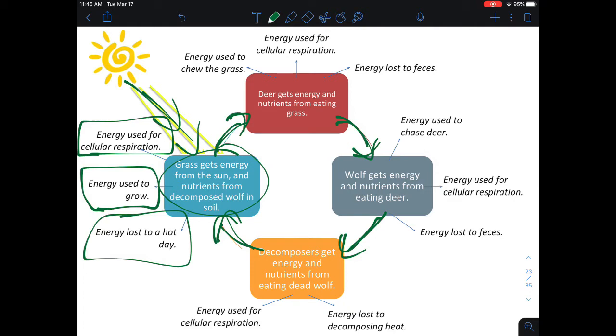If we look at the deer, that deer needs energy to move, to eat, to chew, to grow, and also it eats things that it cannot digest. So if it takes in energy, but it cannot fully harvest that energy, we would call that lost. The word lost doesn't mean it's gone. It just means not useful in this context.